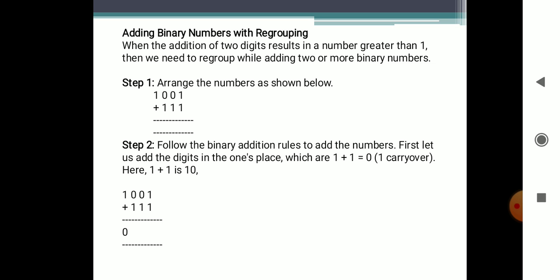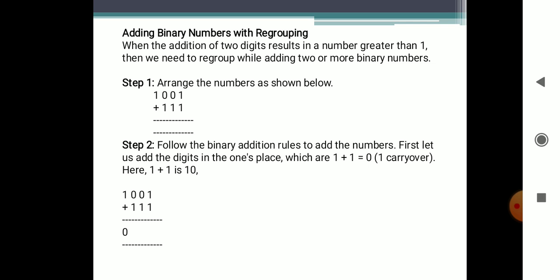When the addition of two digits results in a number greater than 1, then we need to regroup while adding two or more binary numbers. In usual addition, we use regrouping when we get a result greater than 9. In binary addition, we use regrouping when we get a result greater than 1, because the binary number system uses only 0 or 1. So when we perform binary addition, if we get a result greater than 1, we must regroup